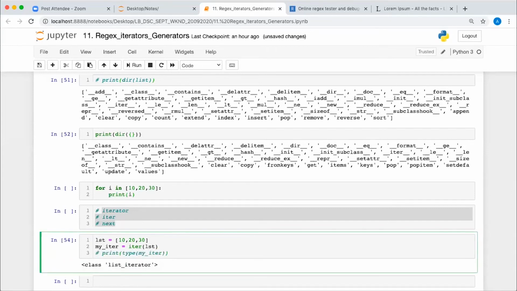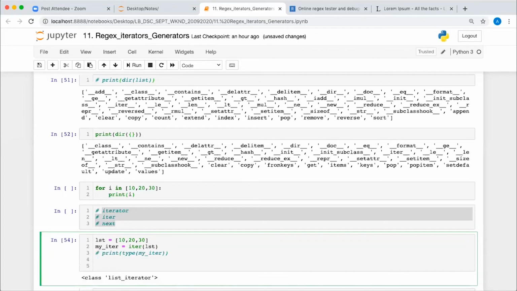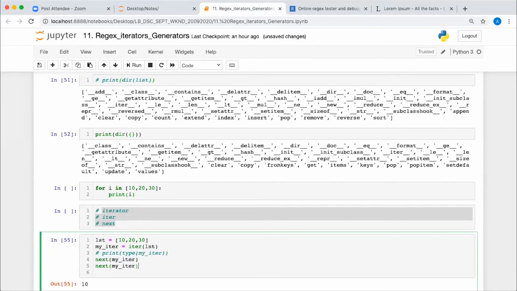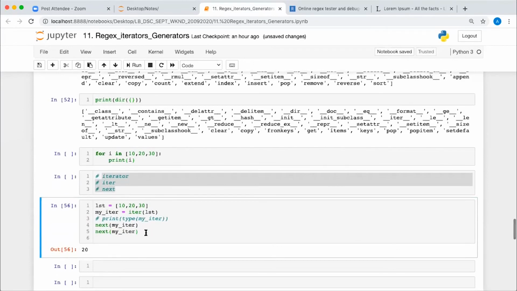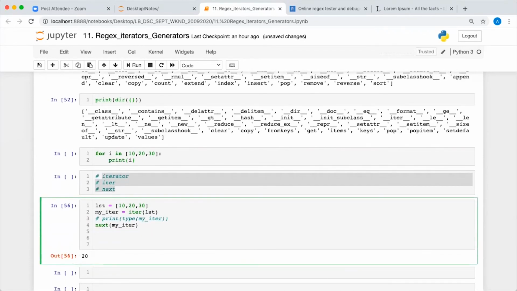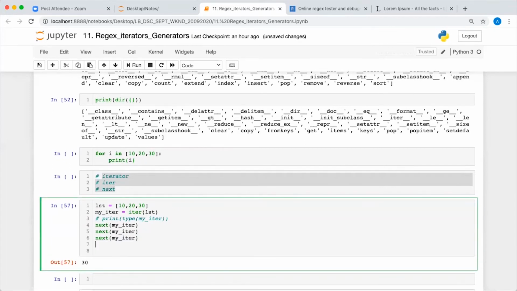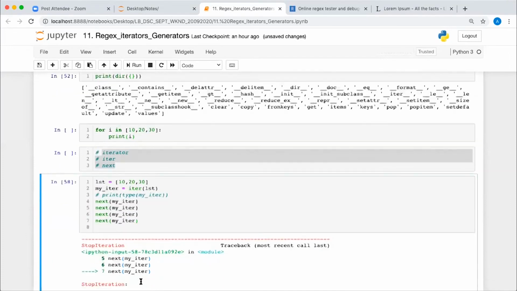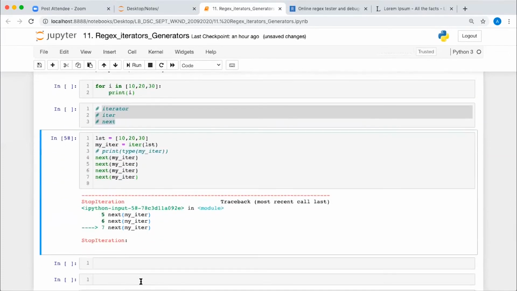Now this iterator object internally implements the next method. If I call next of my_iter, it gives me the first value, 10. Again if I call it, it gives me the next value, 20. Again, it gives me the third value, which is 30. And at the end, when I try to call it again, it gives me the StopIteration error.